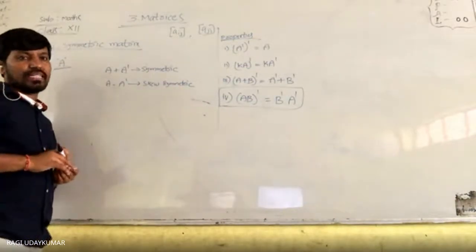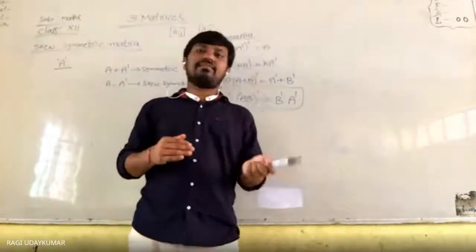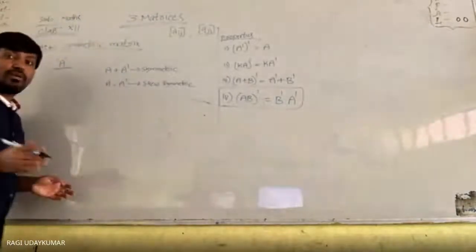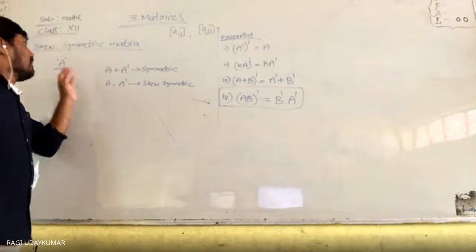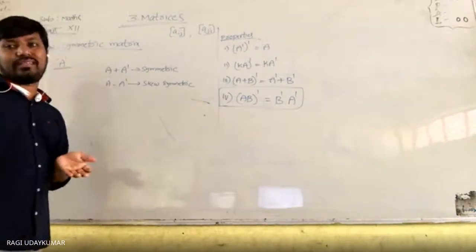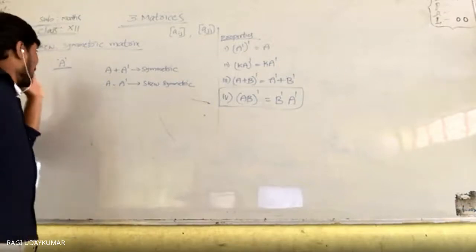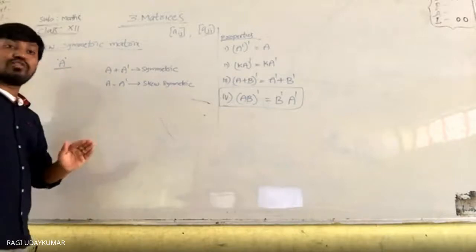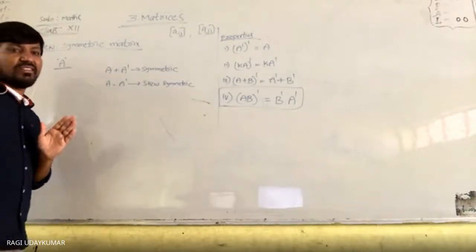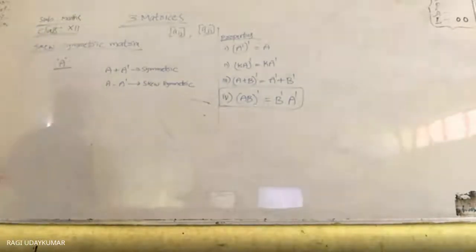First, let us go through an example. One example let us take. Example देख के then we will understand here. Then afterwards, with the proof of the theorem, let us see how we derive this. A is any square matrix. Then A plus A transpose will become a symmetric matrix, and A minus A transpose will become a skew symmetric matrix. So how is it possible? Let us see that through the example and the next proof.